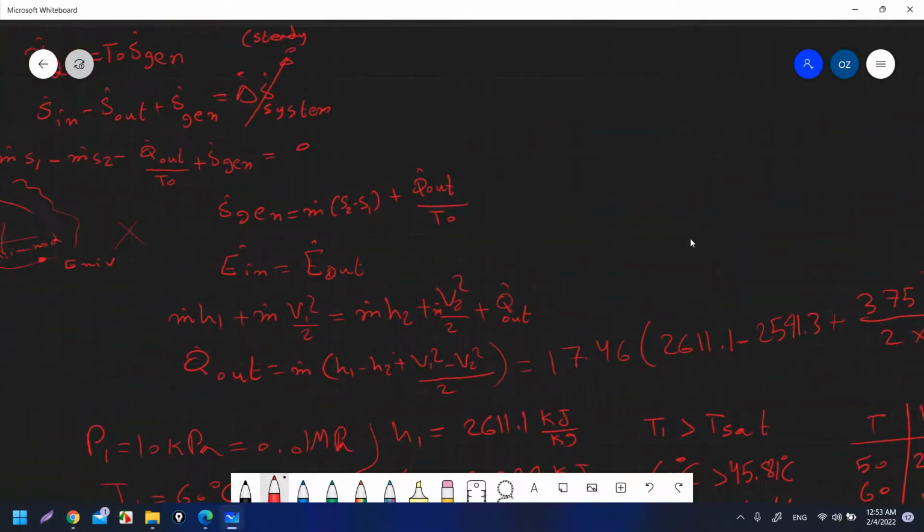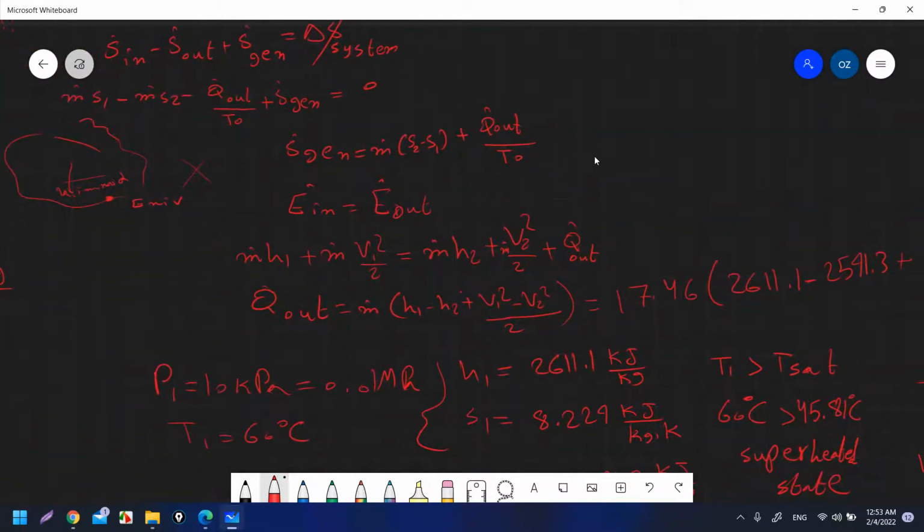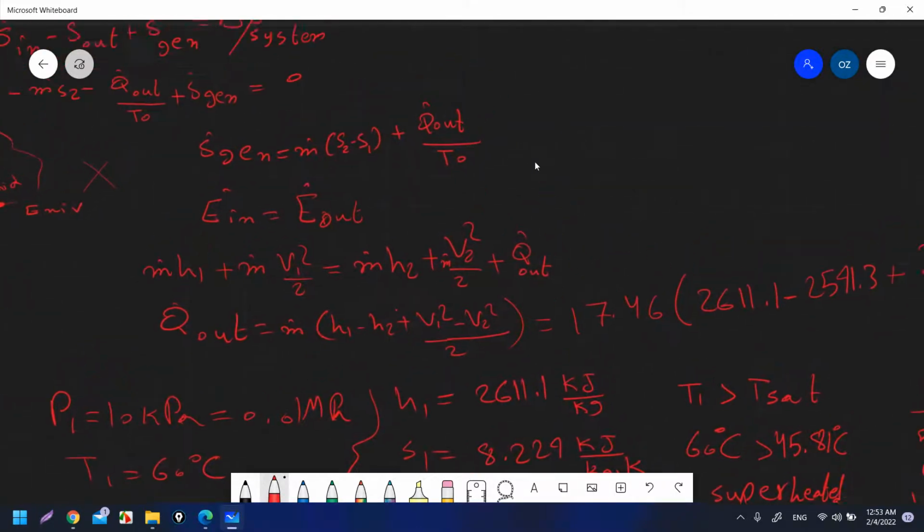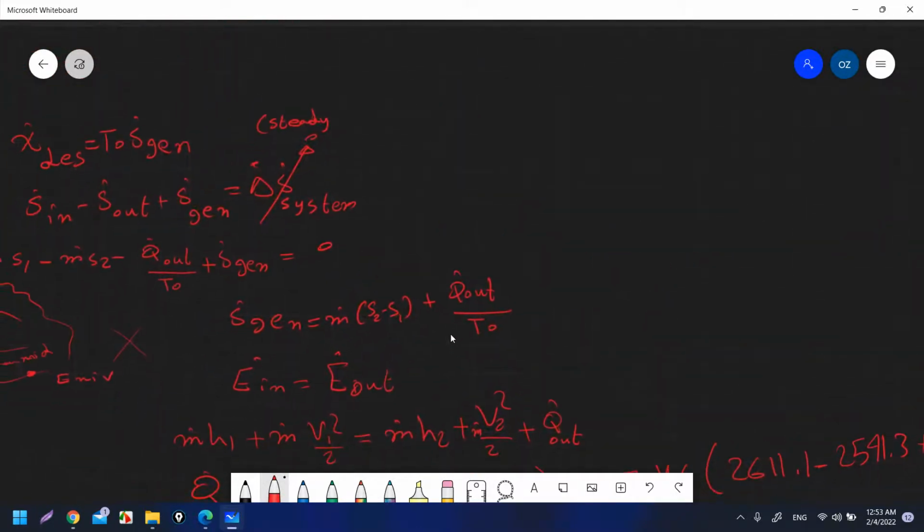For the exergy destroyed, that is its generation. So the exergy destroyed, X dot destroyed, is equal to T naught times S generation, which is m dot times (S2 minus S1) plus Q dot out over T naught. Okay,